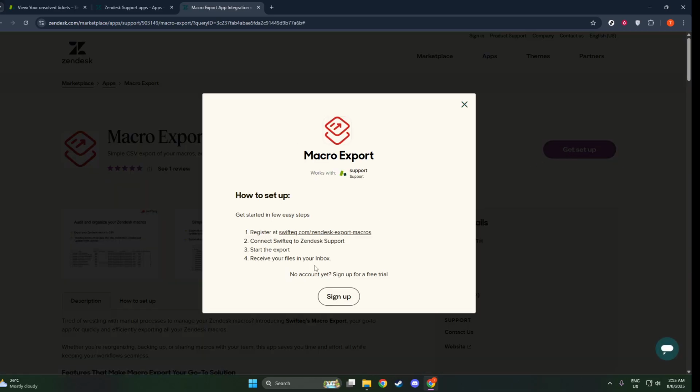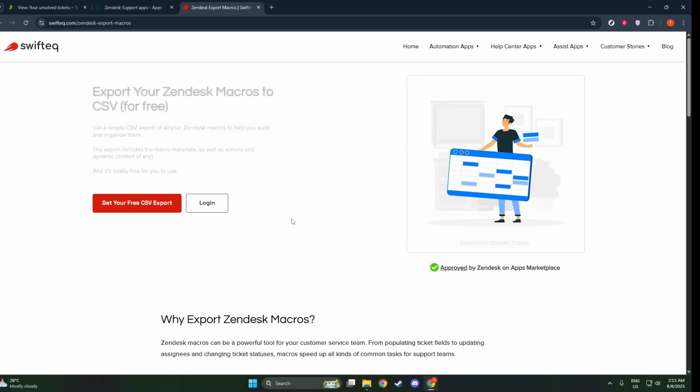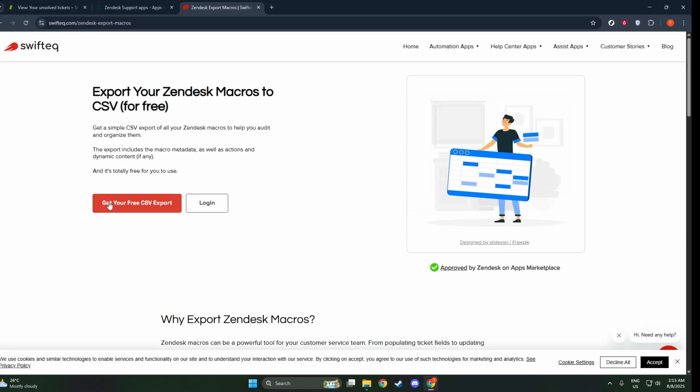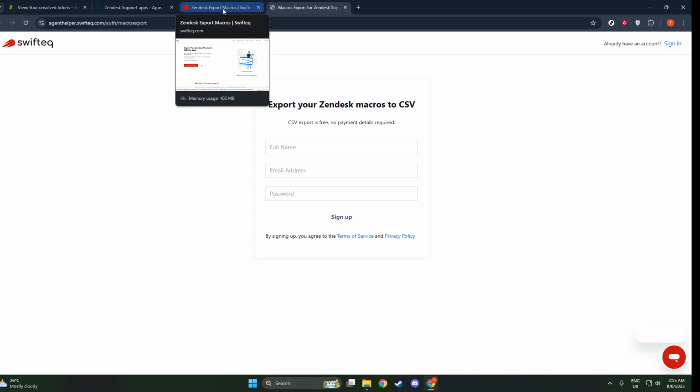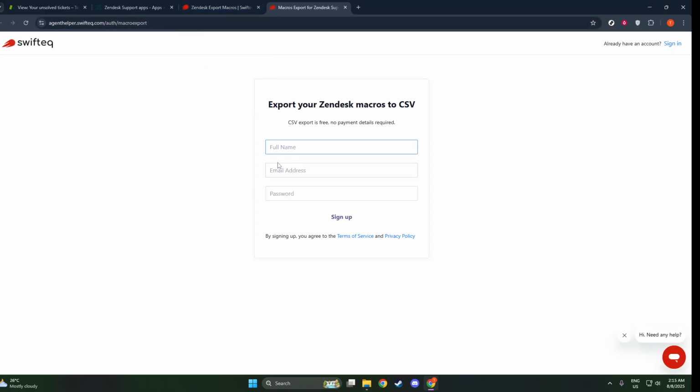Once you've found Swiftech's Macro Export app, go ahead and install it. The installation process is pretty straightforward. Just follow the prompts given by the Zendesk Marketplace, and it should guide you through it with ease. The benefit of using this app is that it allows you to export all your macros in just one click. That's right. This includes not only the macros themselves, but also their metadata, actions, and any dynamic content associated with them. So, everything you need from your macros to make informed decisions or analyze data will be right there in